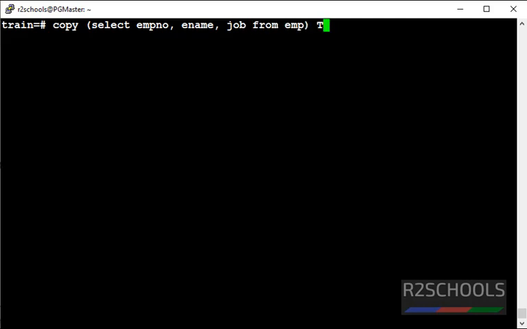Then provide the path to export this query data to a CSV file.